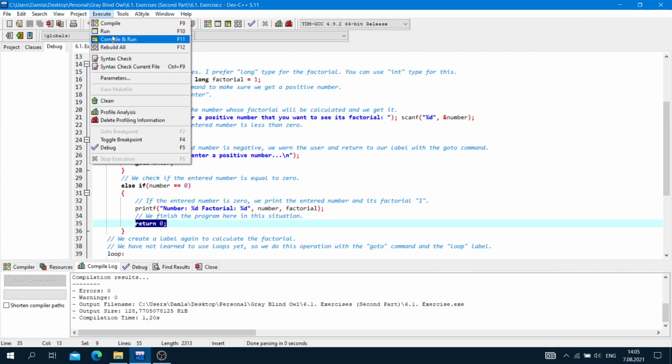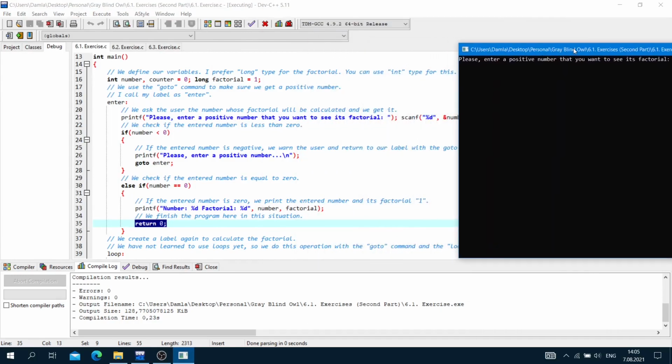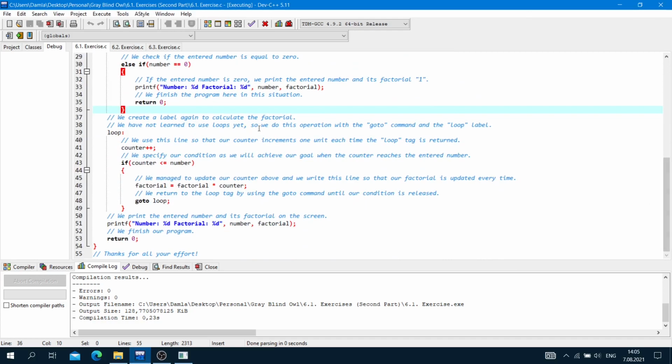Okay, I start this program again, compile and run. We create a label again to calculate the factorial. We have not learned to use loops yet, so we do this operation with the goto command and the loop label.